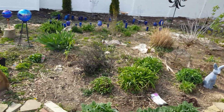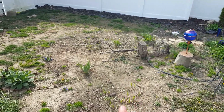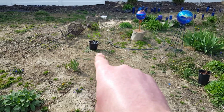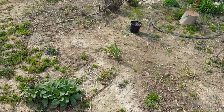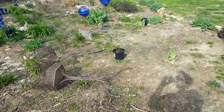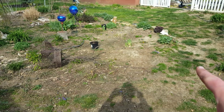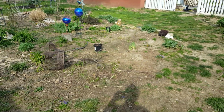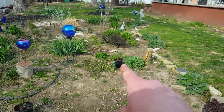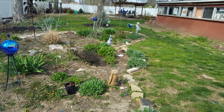So anyway, let me grab that lilac and we'll place it over here, figure out where that needs to go. So I've set it here, and now I'm just walking around and making sure it's centered with this curve here, or with the edge of my garden. I think that looks about right. So that's going to go there, peony there,